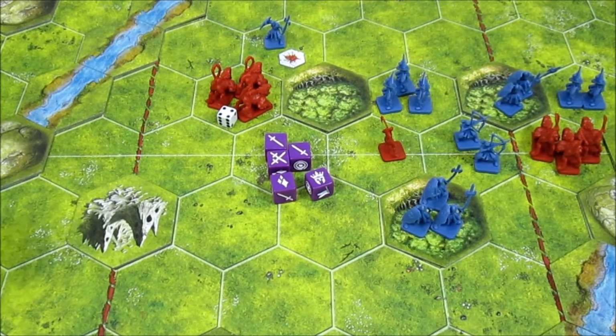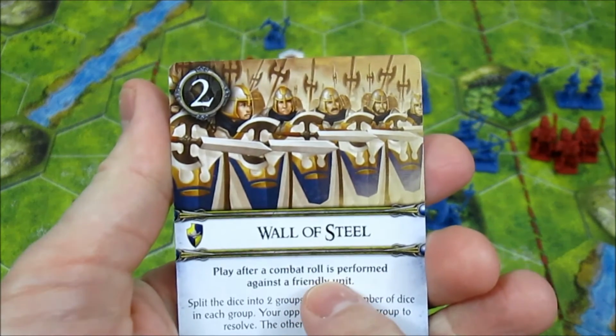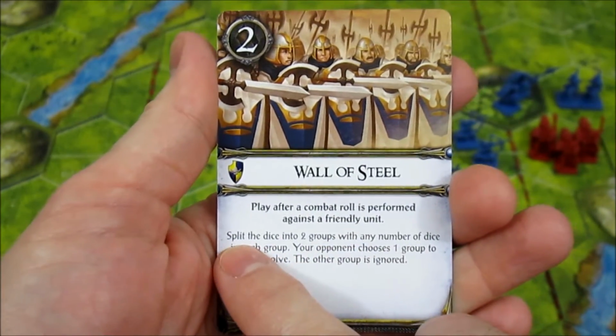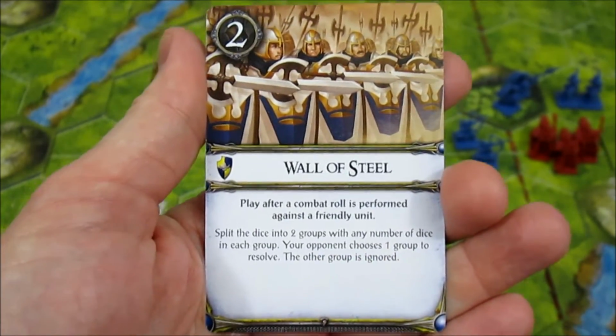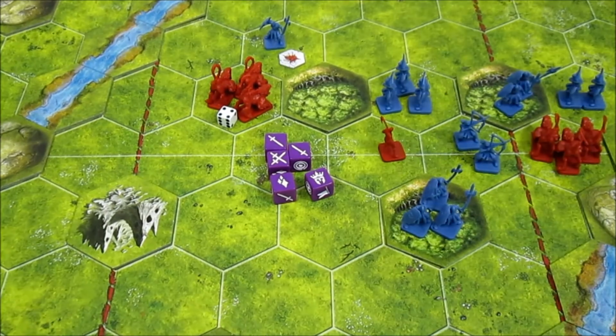So, as the Daqan player, we're going to spend 2 lore right now. We're going to play Wall of Steel. Play after a command roll is performed against a friendly unit. Friendly unit, not a melee unit. So, this can work for our archers. Split the dice into 2 groups with any number of dice in each group. Your opponent chooses 1 group to resolve. The other group is ignored. Okay, so keeping that in mind,